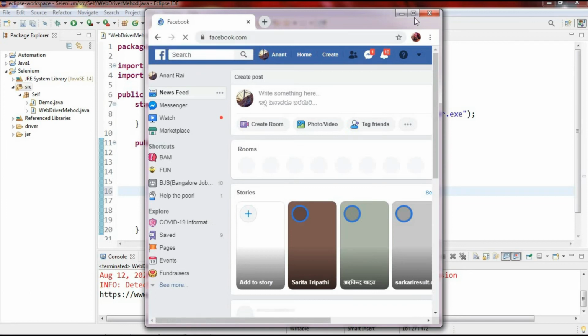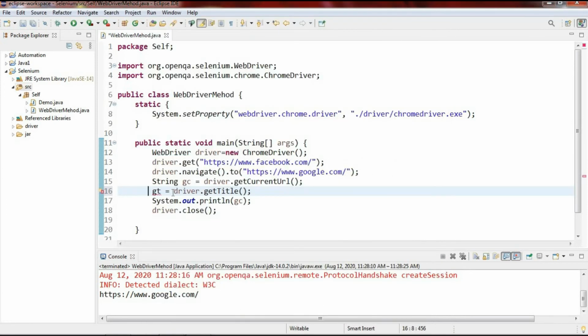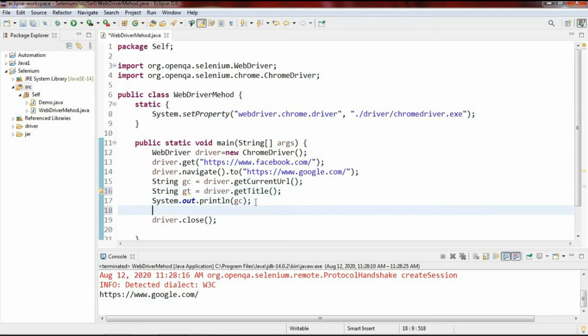So let's see. I want to store the get title value, so I put a reference variable GT and place the cursor here, and the return type is a string. Create a local variable, and now again I want to print the GT value. So give the print statement.